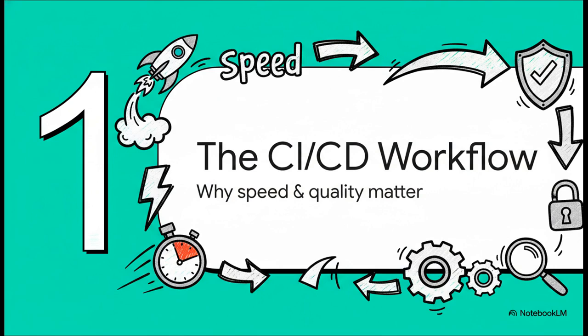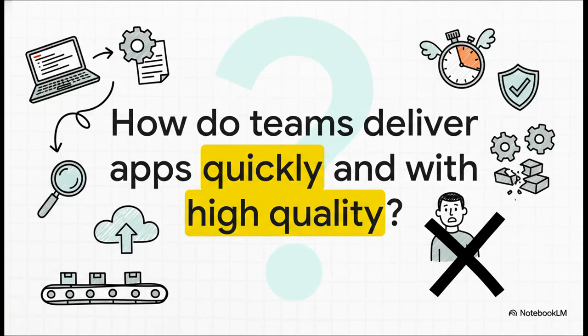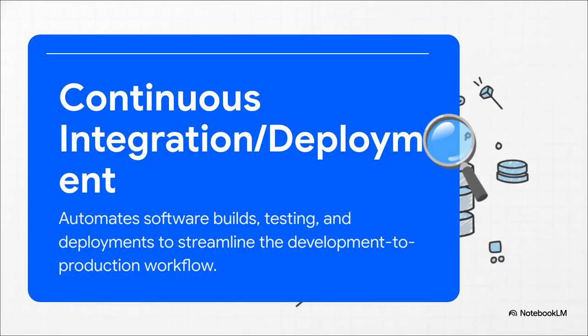In today's software world, everything is about moving fast, right? Getting new features out to users quickly. But, and this is a big but, doing it reliably. And that is the million-dollar question, isn't it? How do you move fast without breaking things? I mean, imagine your team's building a new feature, like a shopping cart for a huge website. You want to release it fast, but you absolutely can't risk taking the entire site down. The secret is automating the whole process, because doing it all by hand is just way too slow and full of human error. And that automation has a name: